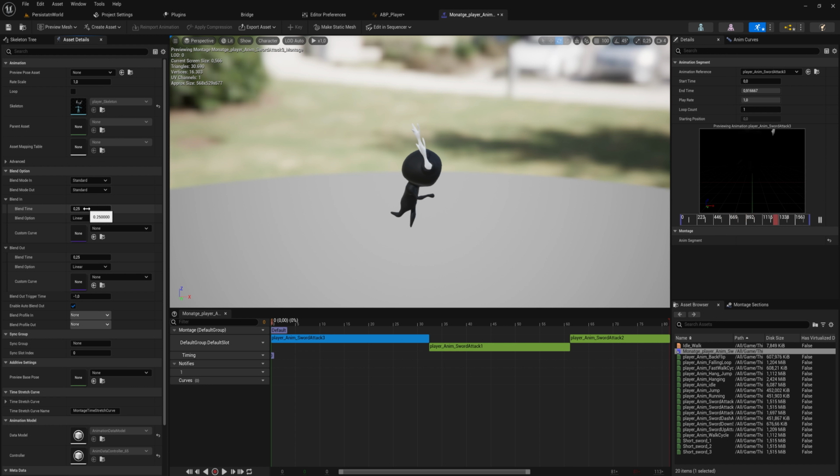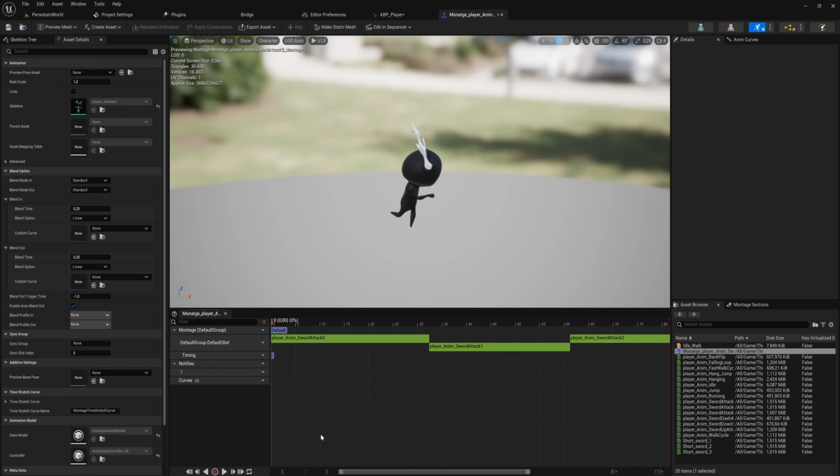When it starts, it takes 0.25 seconds now to blend in, and then 0.25 to blend out, going back into whatever it was doing before. Again, that is not blending between these animations, because that is just simply, to my knowledge, not possible, which is a real bummer. Now, we can see here that we have the montage group that this montage belongs inside,